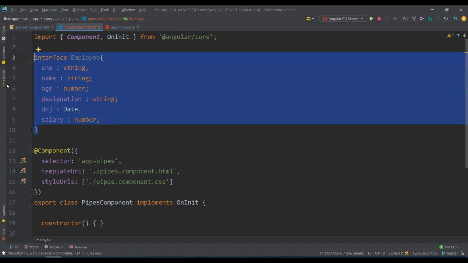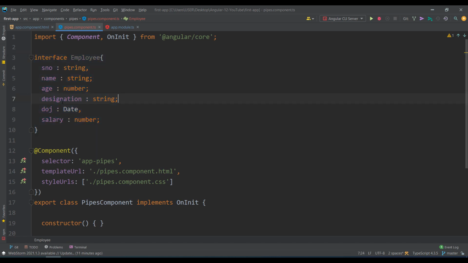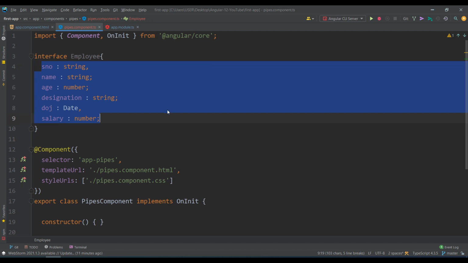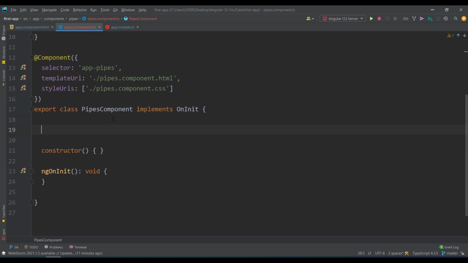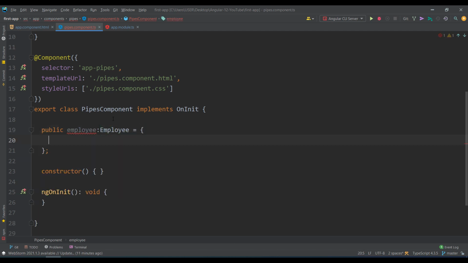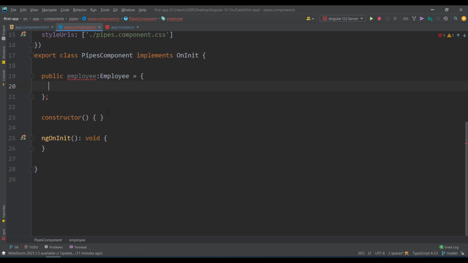So you have this data. Generally, this data comes from the server, but we have not connected to a server as of now, so let's take local data, the local state. So public employee of type Employee is equal to an object. Let's assign values for this type.